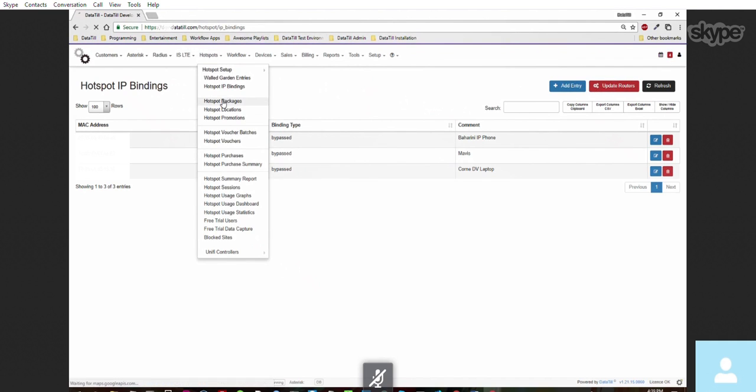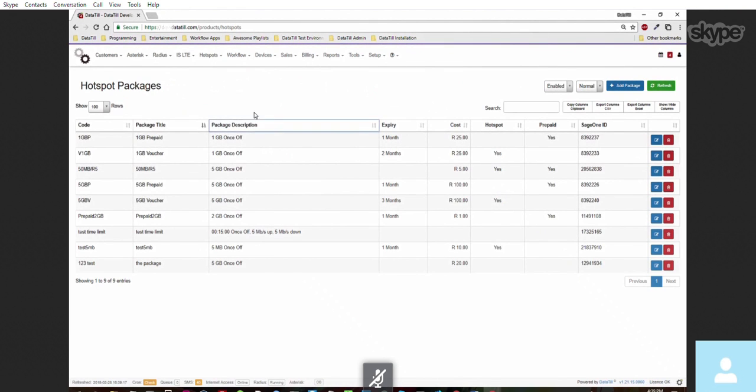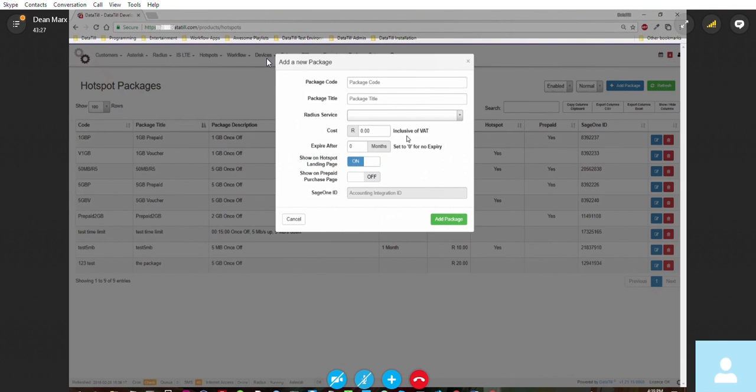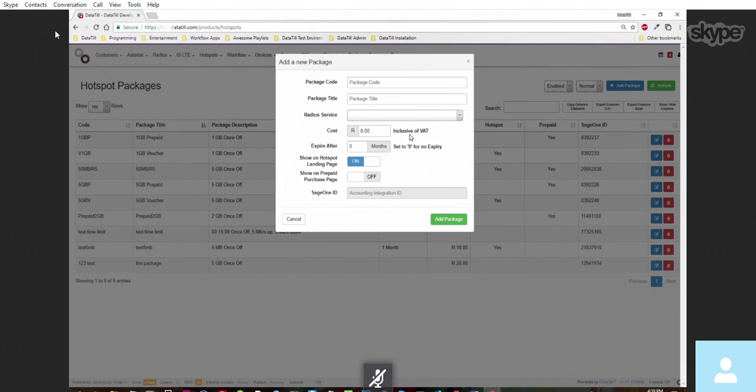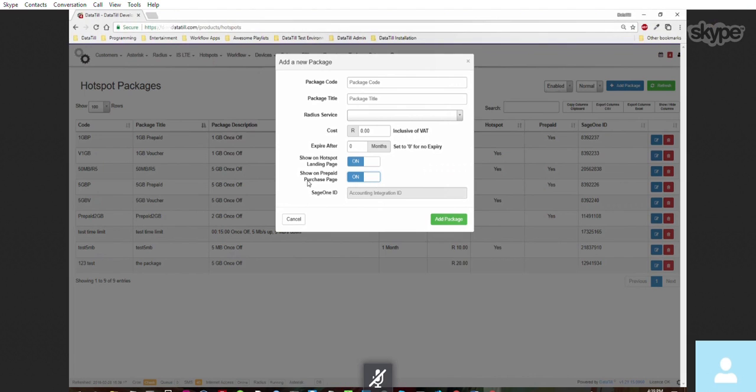Okay, hotspot packages. So this is where you set up the hotspot packages for prepaid or the vouchers. So you can set up if it's used for the hotspot landing page showed there for vouchers that can be purchased from the landing page, or you can say show on prepaid purchase. So once the customer opens up the landing page and register for a prepaid service package, then they'll